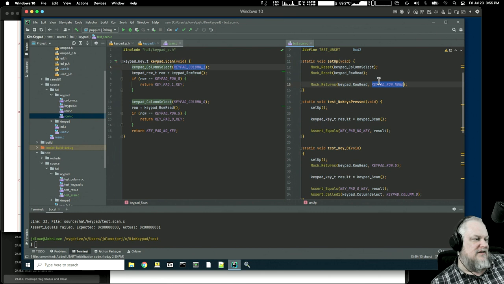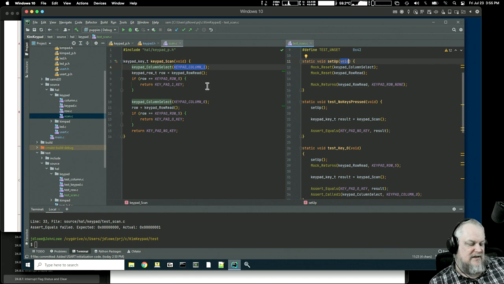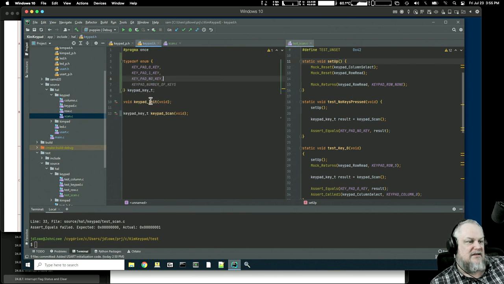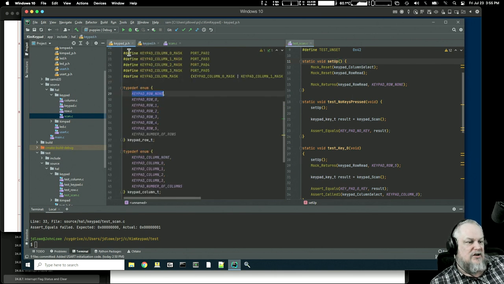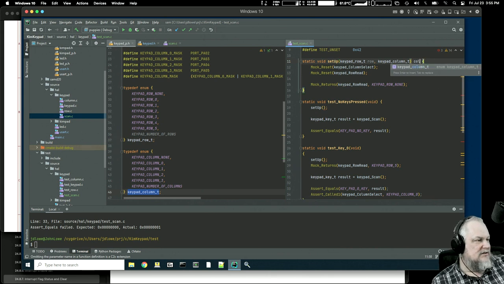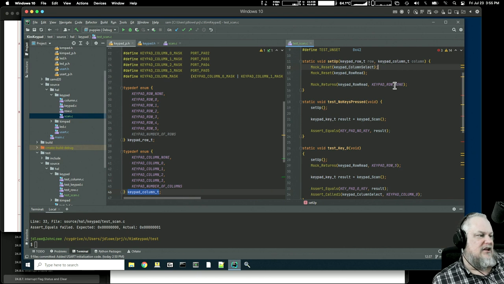Okay, so we need to do a couple of things here. So first thing I'm going to do is say that setup takes parameters, and these parameters are the keypad row and a keypad column. And this is going to be the row column for the